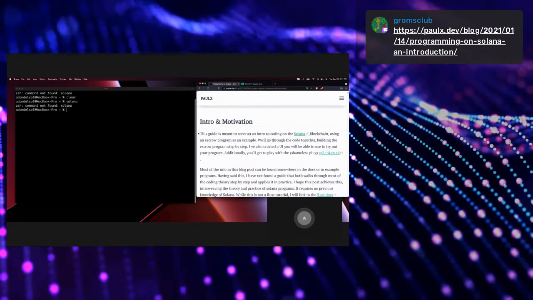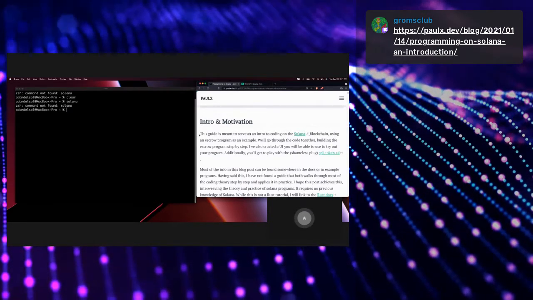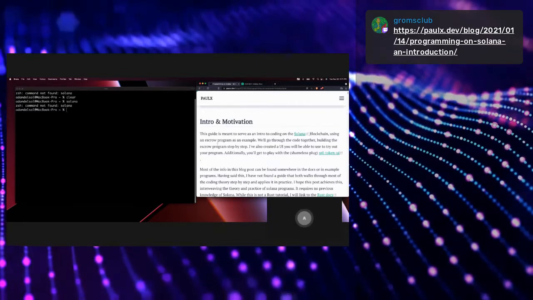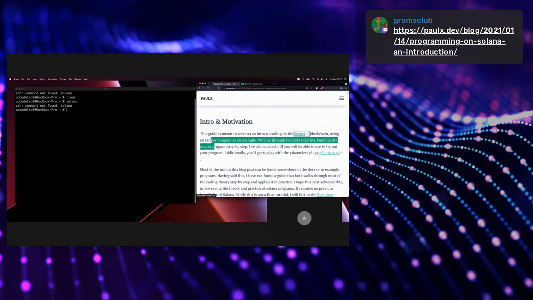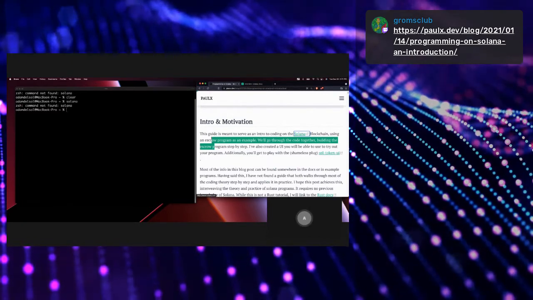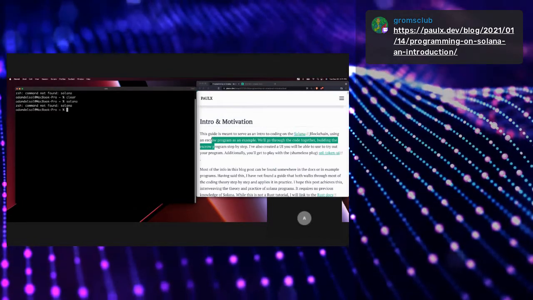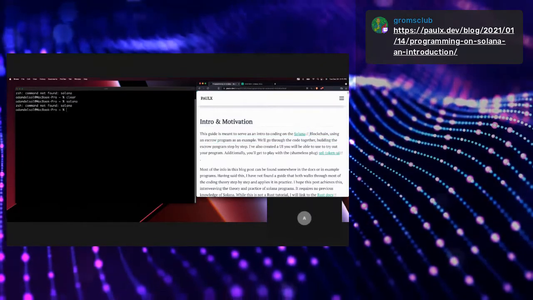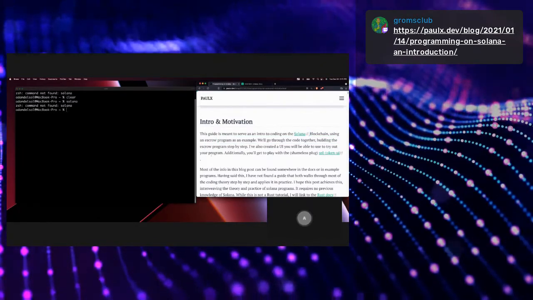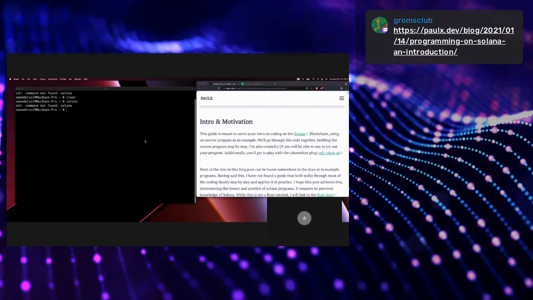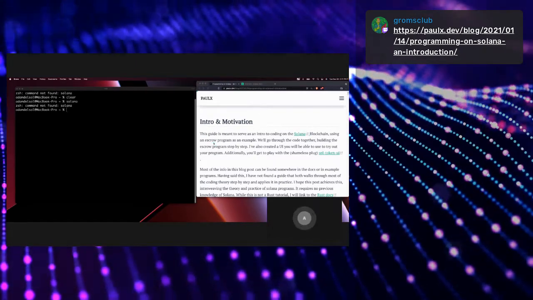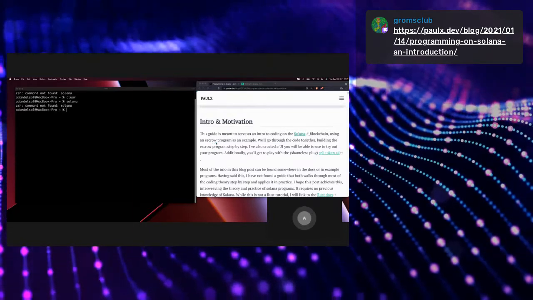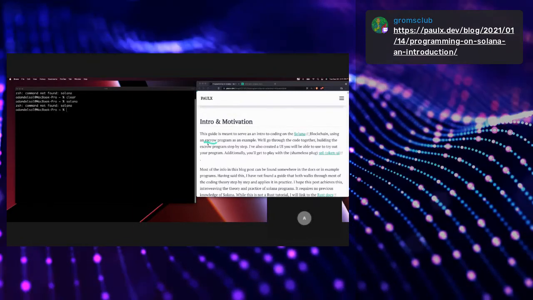Okay, so this guide is meant to serve as an intro to coding on the Solana blockchain, using an escrow program as an example. Oh yeah, I gotta switch. I'm telling you, I'm going to overuse this drawing feature. So this is an escrow program as an example. So what's an escrow? An escrow is when